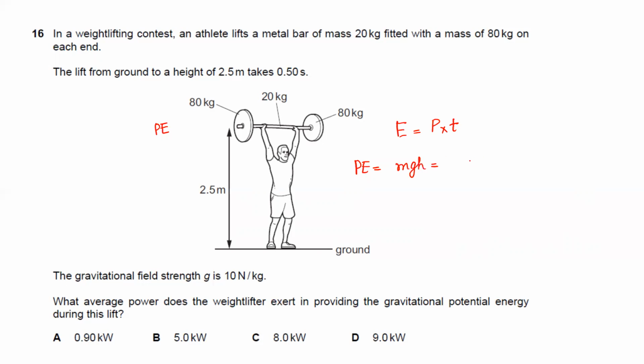So total mass is 20 kg plus 80 kg on the sides, multiplied by 10, multiplied by 2.5. Let me do the calculations: 100 multiplied by 10 multiplied by 2.5, so the potential energy,